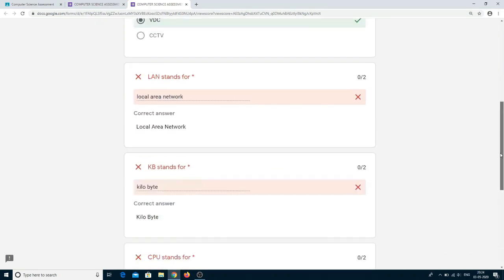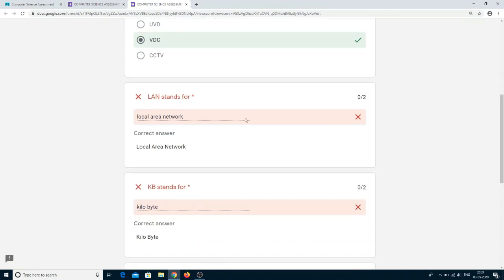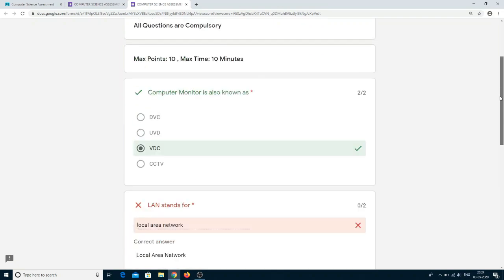So this is the result, and the teacher can rectify these answers. They can also change the marks after verifying these lowercase answers. They can check and verify the option. That option will be there for teachers, don't worry.